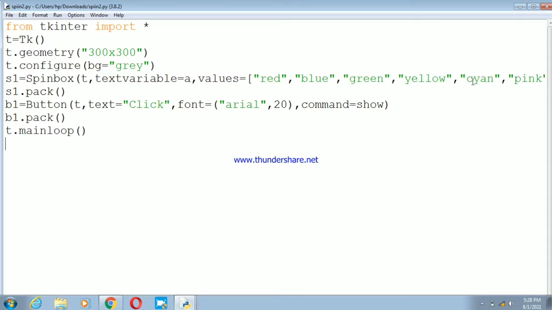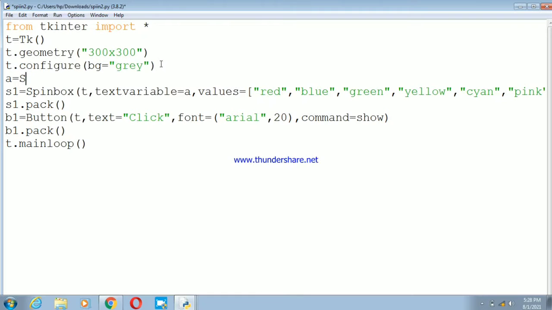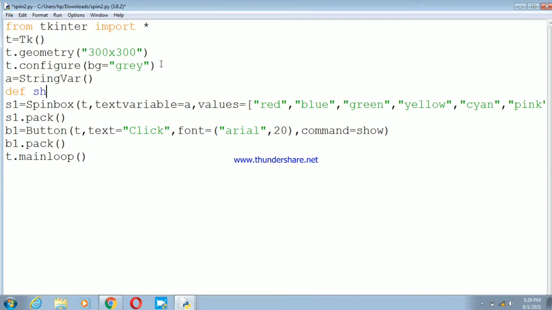Here you can see that I have given command equal to show, but I have not defined any function of this name. First of all, I have given text variable a. I have to define one string variable over here, so I am defining a equal to StringVar, and then I am going to define one function show.